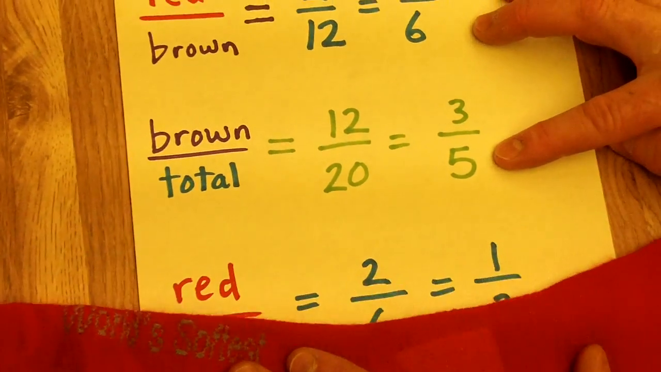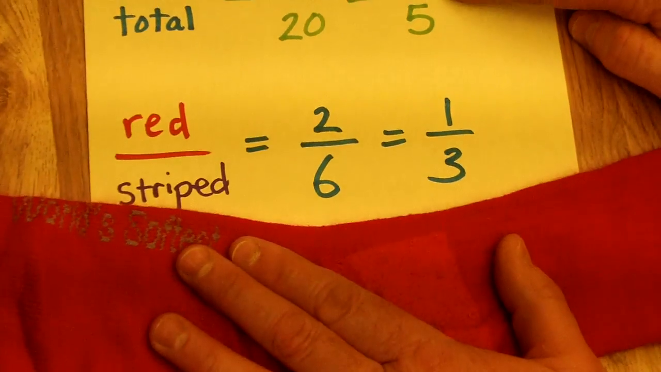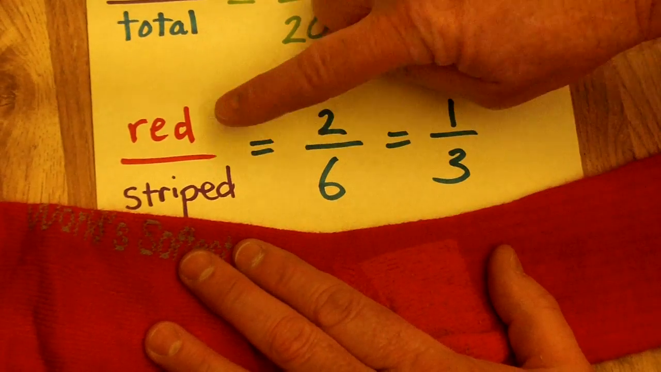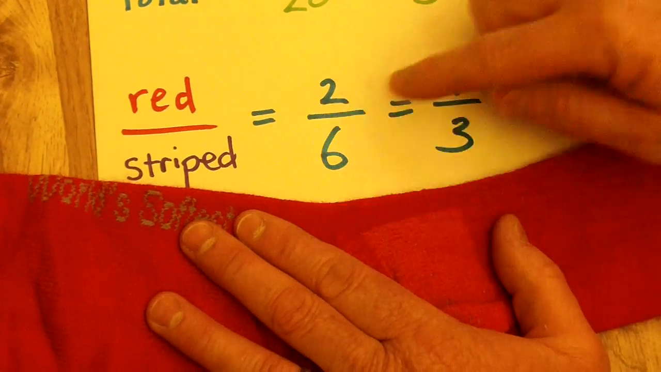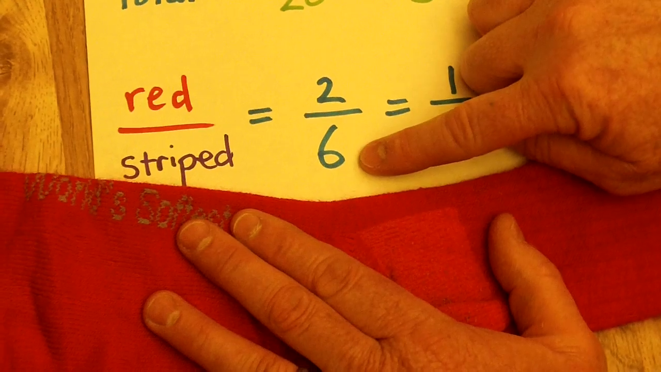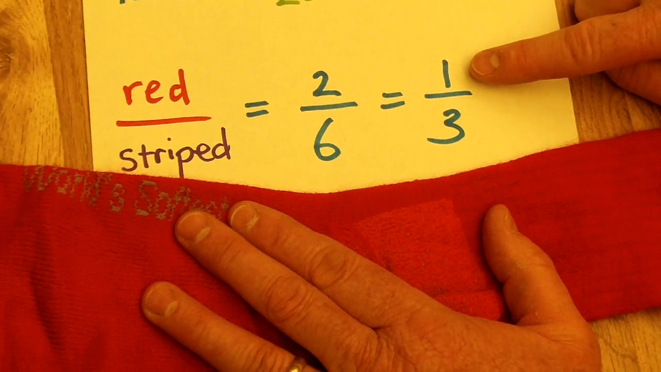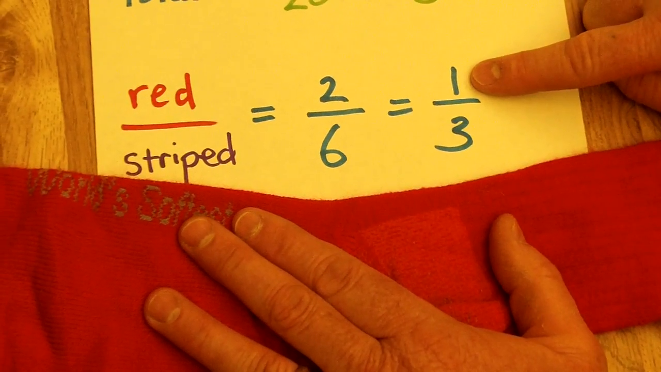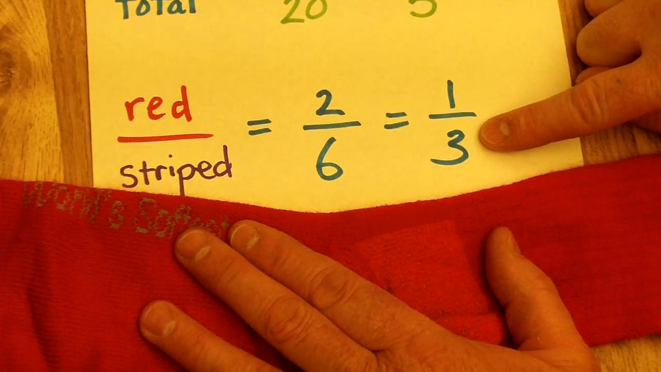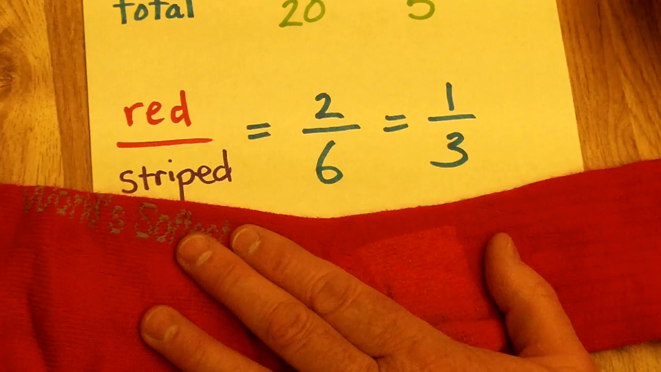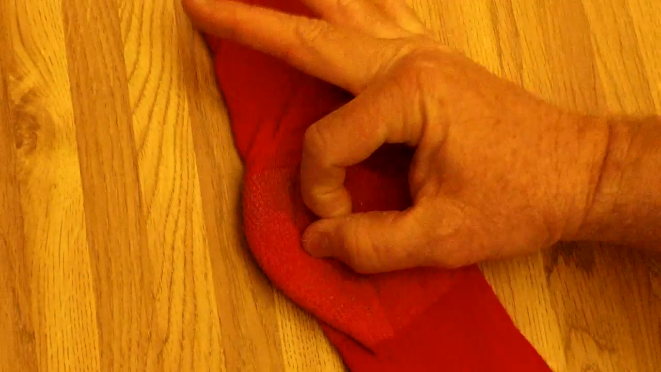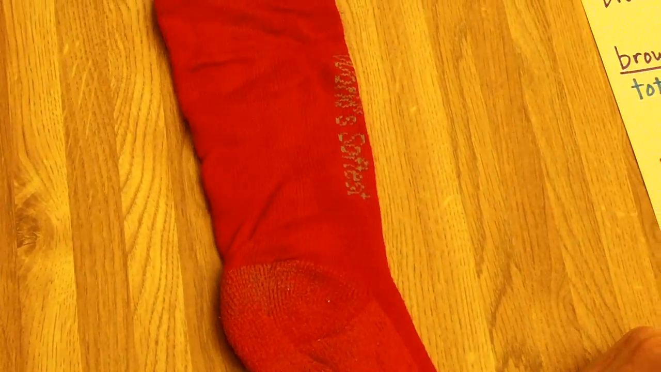Okay? Then the very last thing of our lesson here is the number of red compared to the number of striped. 2 red, 6 striped, divide by 2, and we get a ratio of 1 red sock for every 3 striped socks. So I hope this was okay, and we understand the